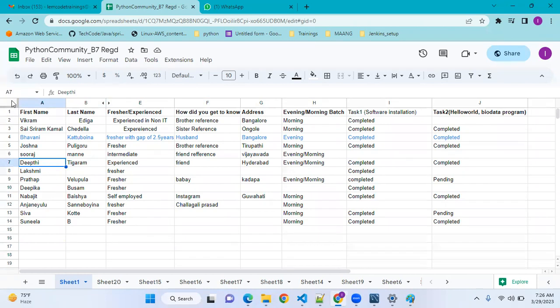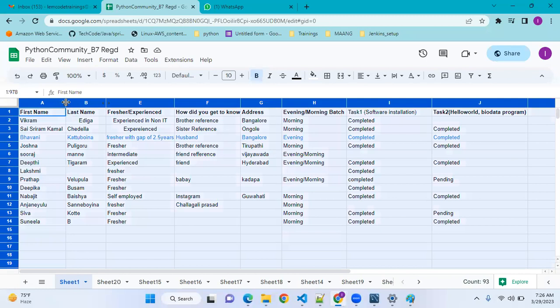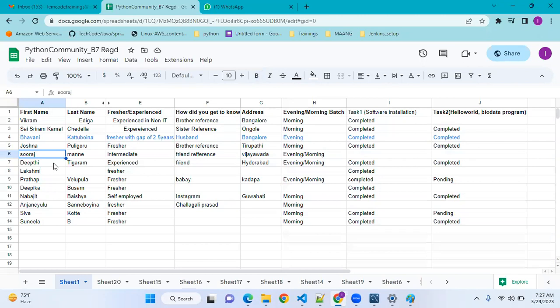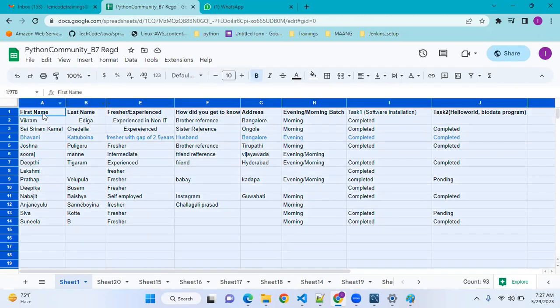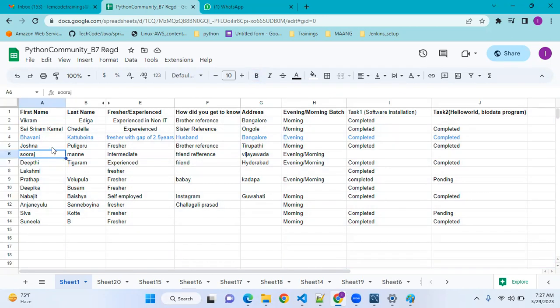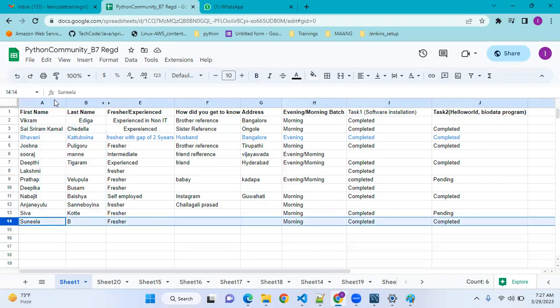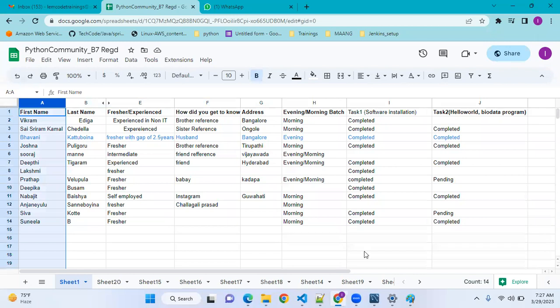But if you want to store this kind of information, we can go for a database. Before that, what do I mean by structured data? When you say structured query language, structured data means the data is maintained in a tabular form. Do we call this a table or not? What is the definition of a table? A table is a combination of rows and columns. This is a row and this is a column. There are multiple columns like this, and there are 14 rows.